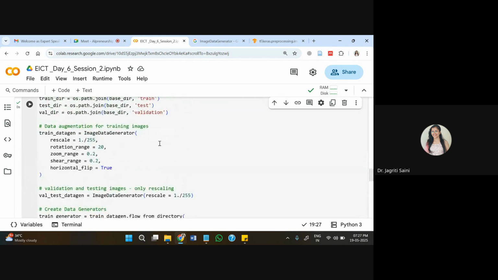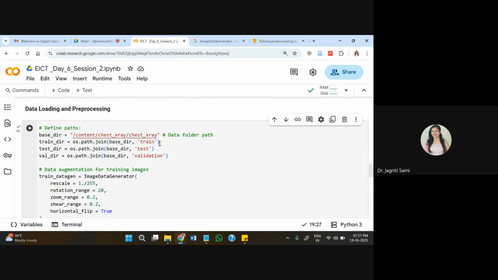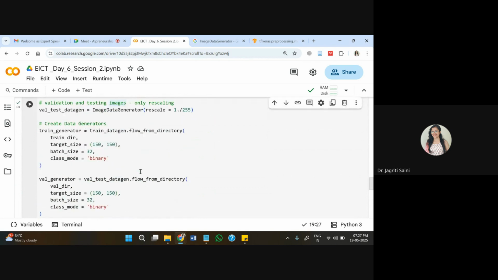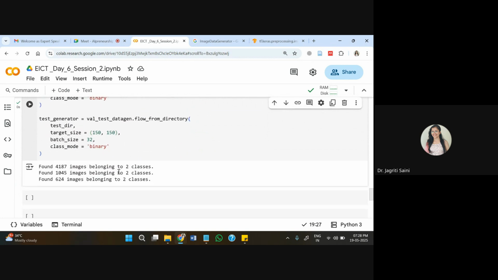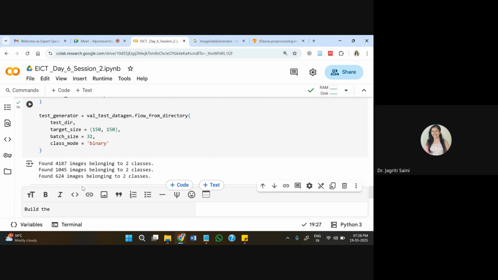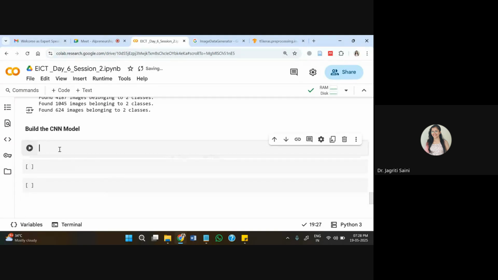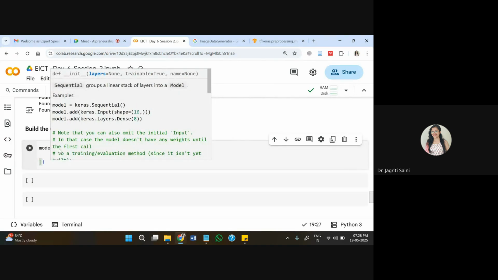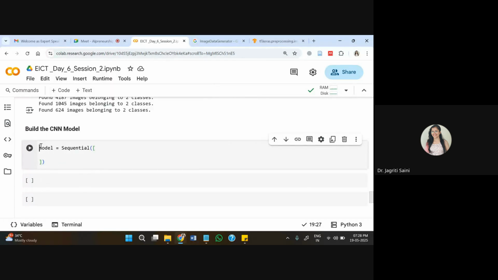Once this pre-processing part is done, then we can build our machine learning model. And this time, as I told you, we will be building a simple CNN model that can utilize this pneumonia dataset directly. For this, I'll be passing here, build the CNN model. This is the task we are going to do next. And for this, the first thing I'll deploy is my sequential model. If you remember, we imported it right in the beginning from the Keras platform. So the sequential model I have deployed.